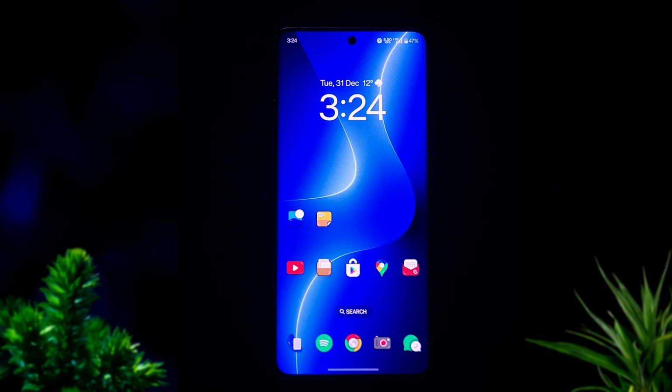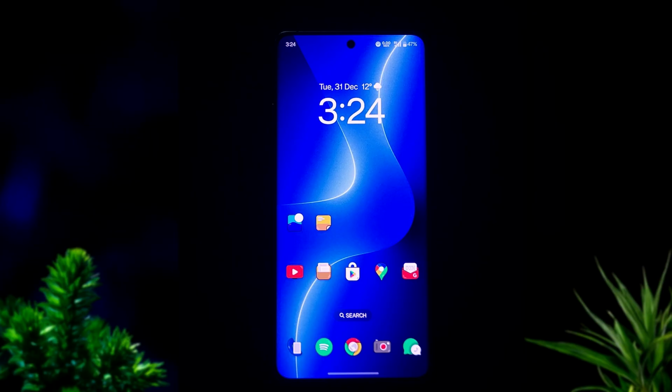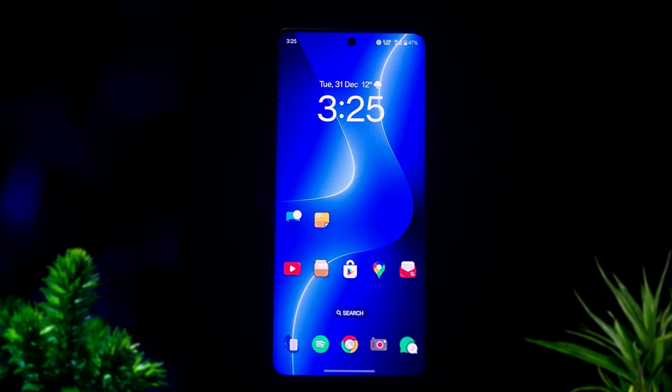So in order to take a normal screenshot, just tap and swipe down with 3 fingers like this. It will take a normal screenshot. Pretty basic stuff. Now if you want to take a partial screenshot, you'll have to hold down 3 fingers and